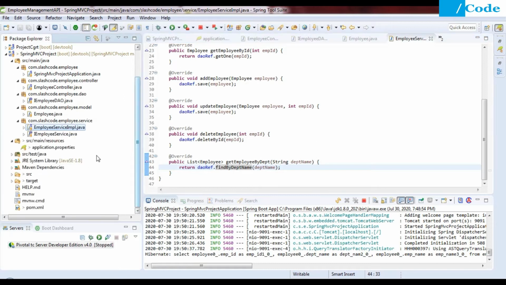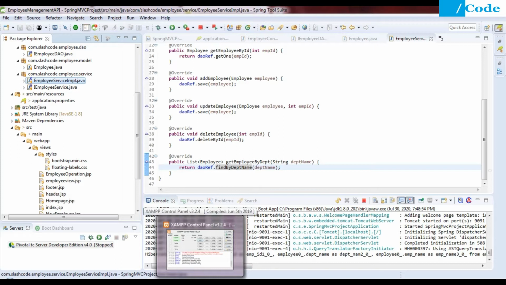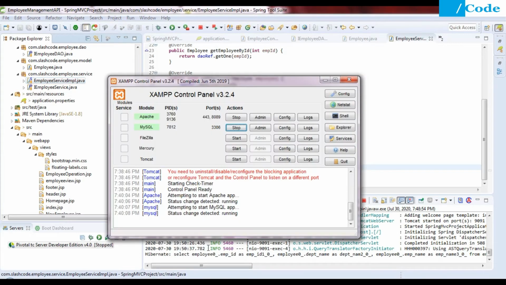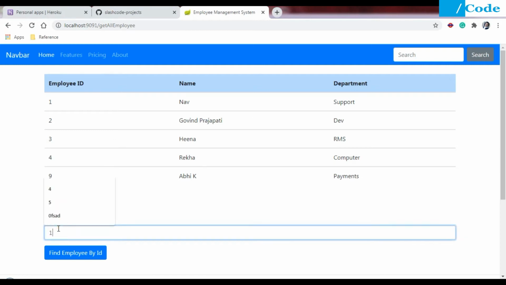You will get this project description in the video description link, and you just need to go to that tutorial which I have already done. And if you see the web app section, I have multiple JSP files and the bootstrap.main.js file as well. Now let me show you the overall application, so that you get an idea about what the application will do.